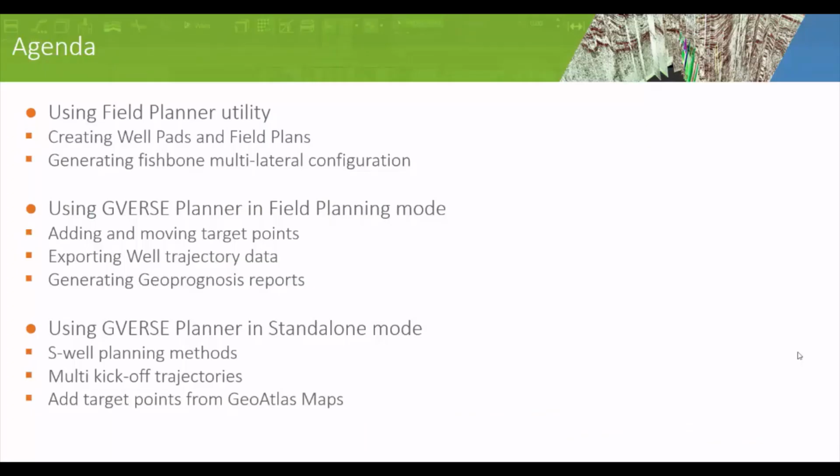Hello and welcome to this webinar on getting started with FieldPlanner and GVERSE Planner. Today we will be talking about using FieldPlanner utility within GeoGraphix. We'll be going through some of the basic workflows such as creating well pads and field plans within FieldPlanner, and